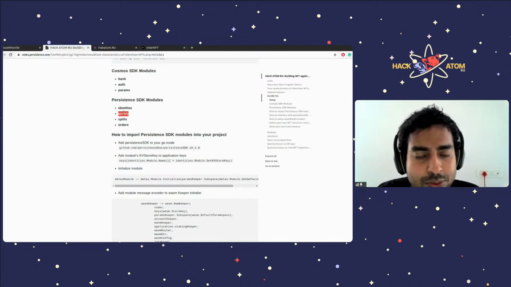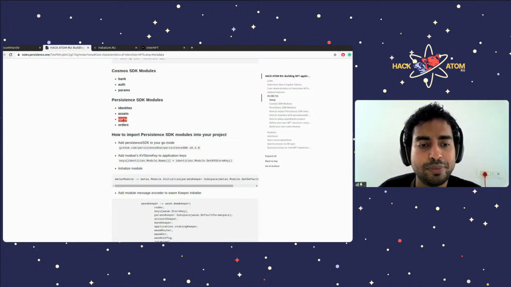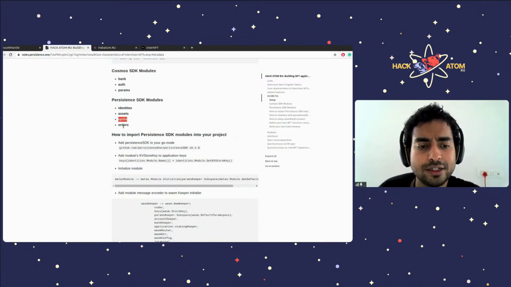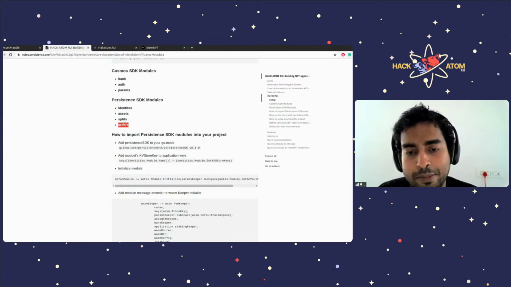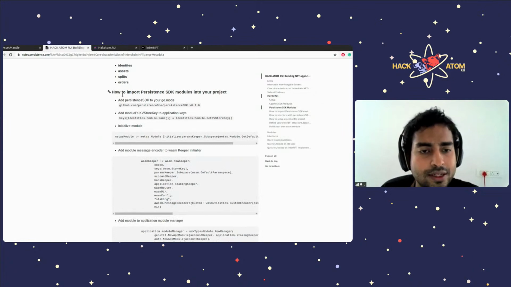The asset module handles the logic for the minting, mutation, and burning of the NFTs. The splits module handles the split ownership representation, or rather, to simplify, just the token representation of these NFTs and the ownership logic. The orders module is a decentralized exchange that helps exchange these NFTs for other NFTs, or for other coins, based on a maker-taker decentralized order book. So yeah,